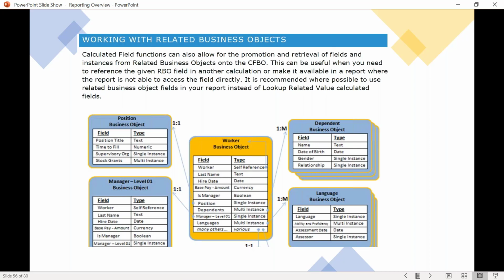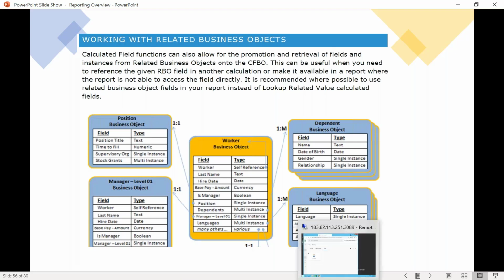So it's not that these calculations help us only bring in data from one level down. It also lets you go multiple levels down based on a requirement. It'll be like a hierarchical structure that you will be looking through, and it helps you fetch data on that. Okay, enough said. Let me jump into the tenant and let's deal with our first use case, which happens to be a lookup